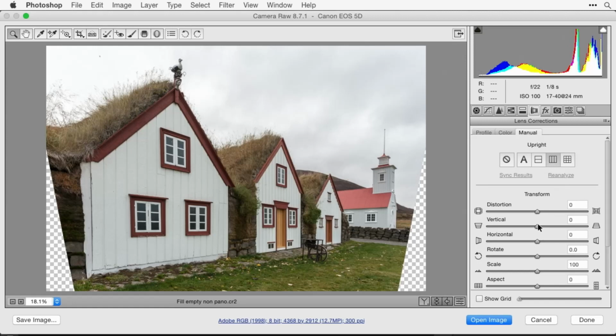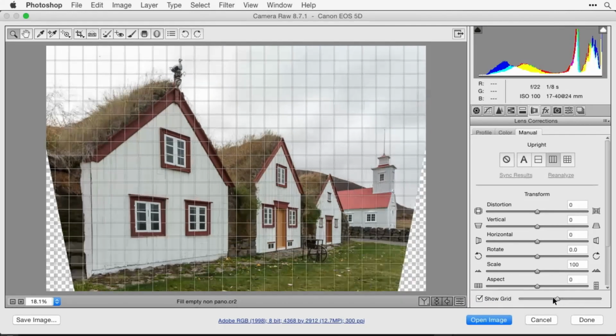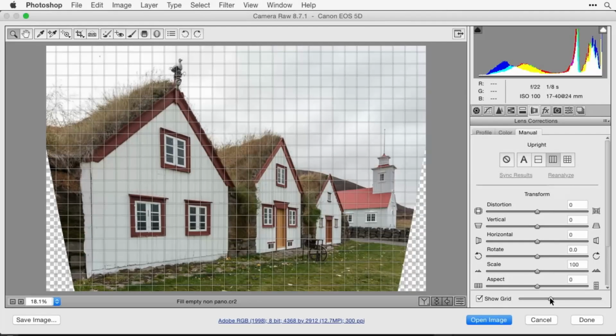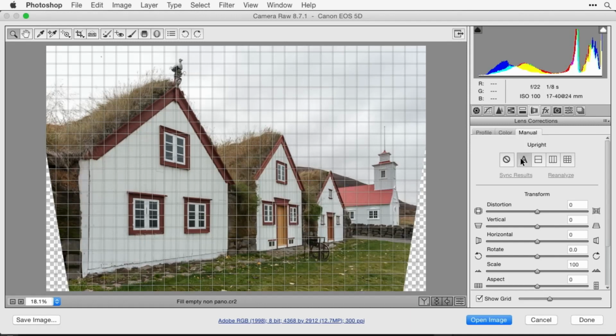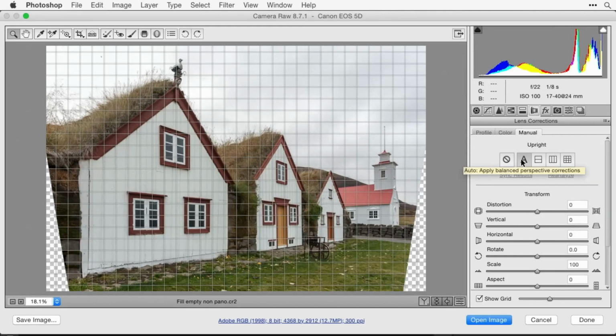There is a choice at the bottom, by the way, I don't think I mentioned before, called Show Grid. If you turn on Show Grid, then there's also a slider which controls how big the grid is. So if I get one of those grid lines to be near the edge of the building, where I can easily refer to it, then I could switch between Auto and the choice called Vertical and see which one I think looks better. And when it comes to the church out here, I like Auto better, because the vertical on